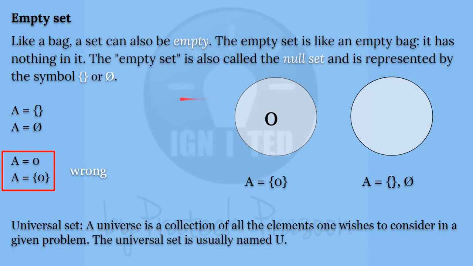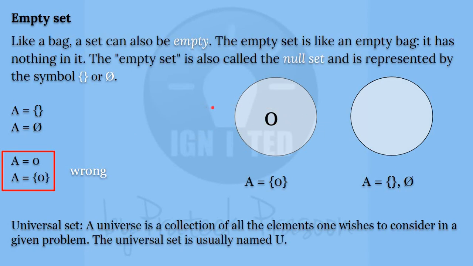and is represented by the symbol. So here you can see you have two brackets, nothing is there in between. So this is the representation of empty set or null set. Here we can't say that a null set contains 0 as element. It has no element, but we can't say it has 0 as element.